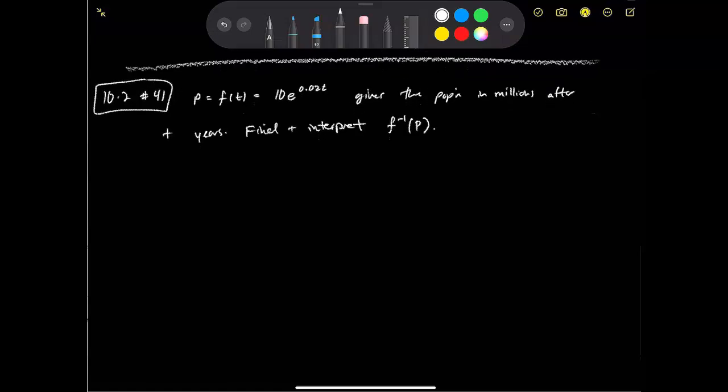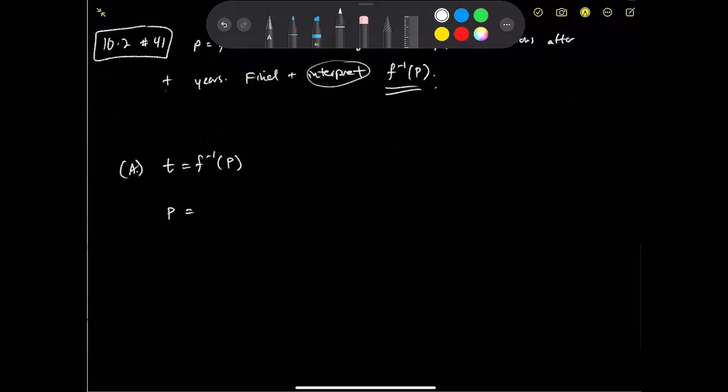Okay, so here we have another function. We're looking to find the inverse, and then also interpret what it means since we're given a context here. This isn't just a function in space. So first, to find t as an inverse function of p. You notice I added the t here because I knew that was my input variable before, so now it's going to be my output. Okay, so given p is 10 e to the 0.02t,